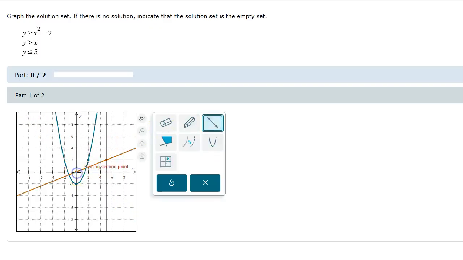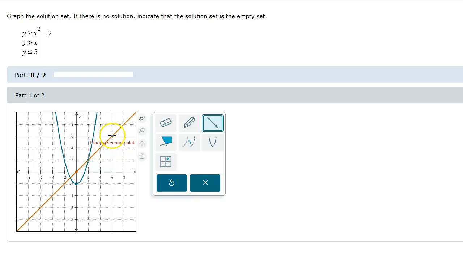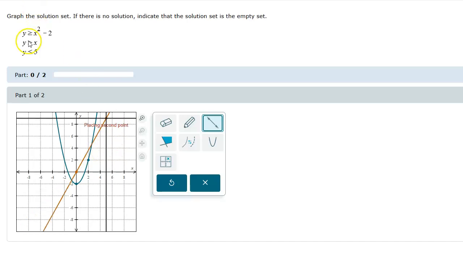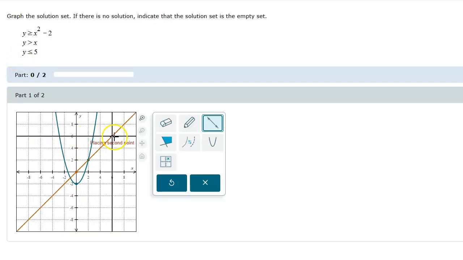One of the points is going to be (0, 0). And then it will also sit at (2, 2), or I could place it at (4, 4), or (6, 6), because this line says whatever x is, y is. So I'll place another point here. Then I need to check, this one does not have the equals to, which means I need to grab this dash tool,